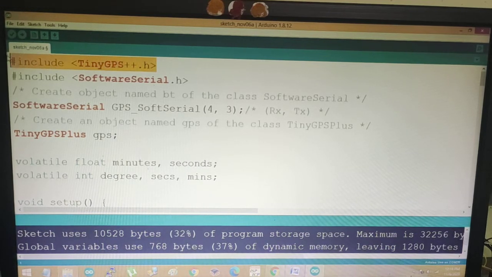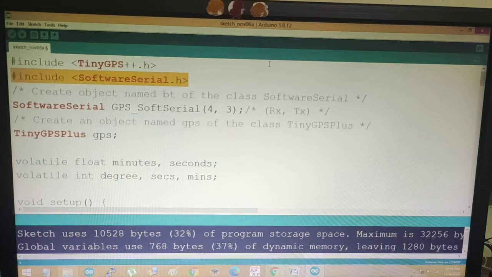I already explained how to install libraries. In a similar way, you have to install TinyGPSPlus, and after installing it we immediately move to SoftwareSerial.h. Why are we using this one? Because in the Arduino Uno we have only one pair of RX/TX hardware pins. The GPS module interfaces using the USART or UART protocol.